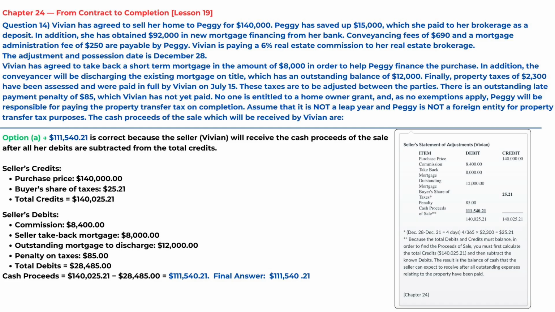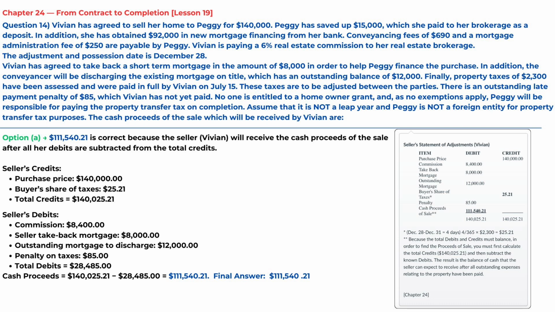$111,540.21 is correct, because the seller, Vivian, will receive the cash proceeds of the sale after all her debits are subtracted from the total credits. Seller's credits, purchase price, $140,000. Buyer's share of taxes, $25.21. Total credits equals